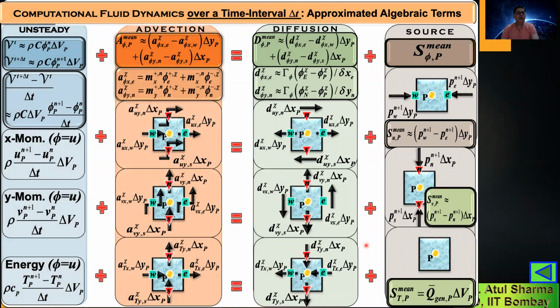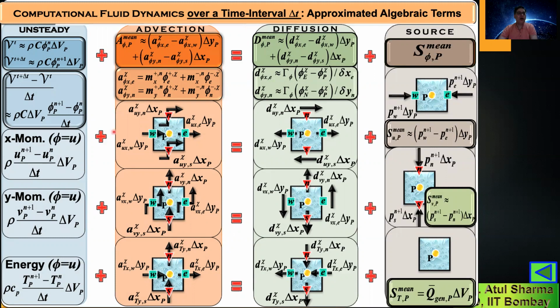After presenting separate slides for advection and then for diffusion, and then separately for x momentum, y momentum, and energy, here I am showing you all the conservation law based formulation: the unsteady, advection, diffusion, and source term. So this is a much wider perspective. This is the last slide for this topic. It's like when you are watching a multi-storied building, where you have a much bigger perspective of the formulations.